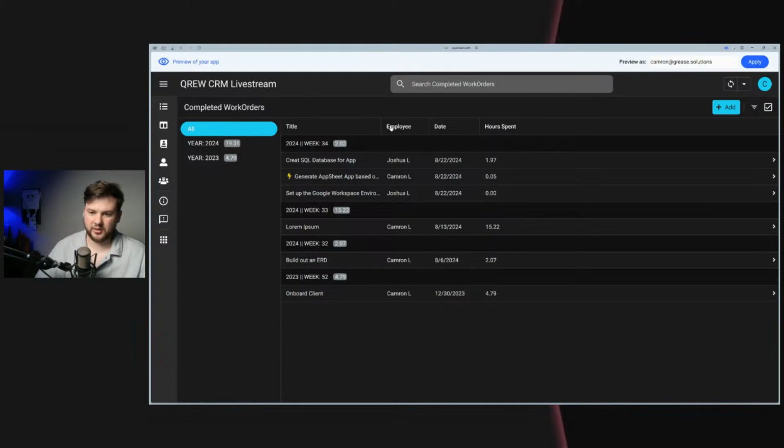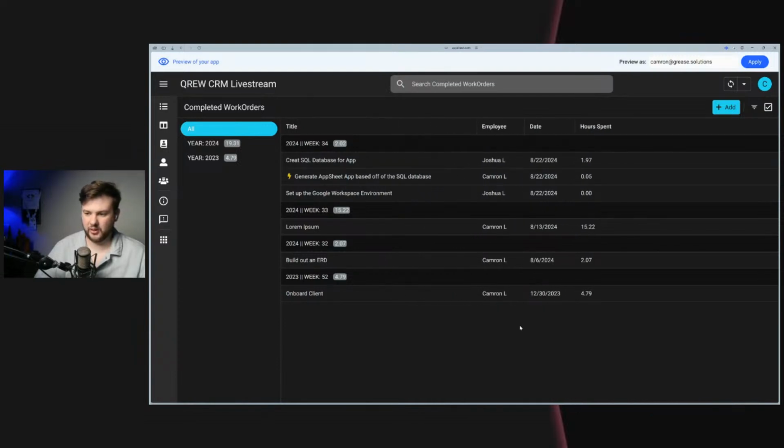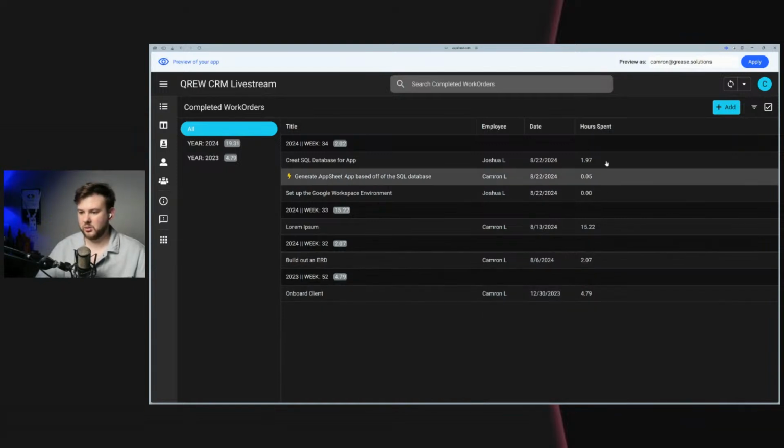So we only see the important data that we really care about, and that is the actual line items, what worked, the day that they were created, and who the line items are for, and the hours spent on those line items. And so, yeah,